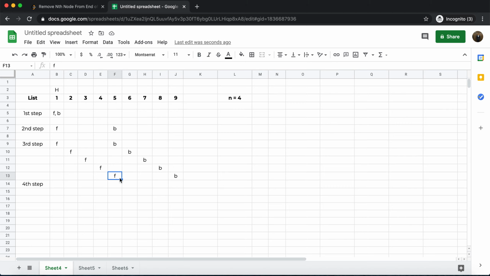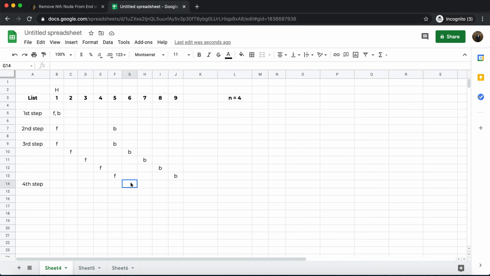The front at this moment, after the third step, is pointing to the 5th node. But remember, we want to remove the sixth one, because it's the fourth last element. So the idea is, by creating this gap and by moving both of them together in the third step, what we have essentially achieved is that we have placed the front pointer just ahead of the node that we want to delete. So that was the main logic.